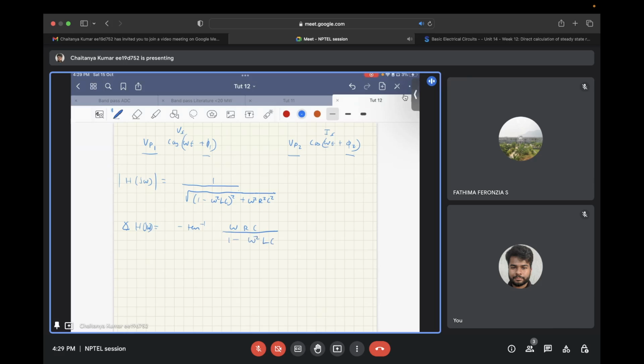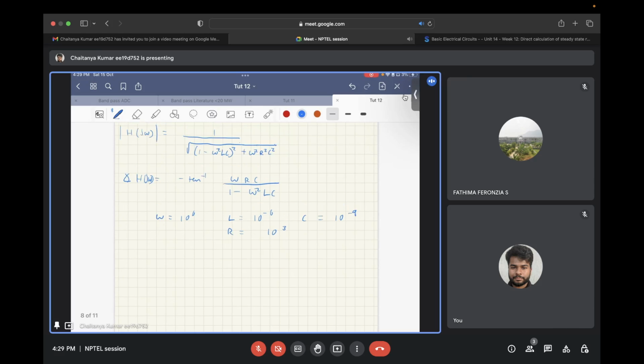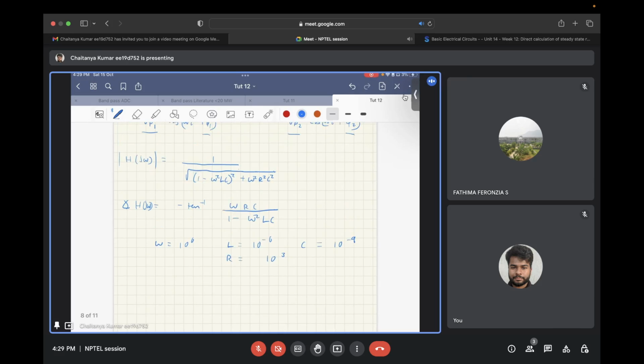The value of omega that has been given is 10 to the power 6. The value of inductance is 10 to the power minus 6, the value of capacitance is 10 to the power minus 9, and the value of resistance given is 10 to the power 3. So if we plug in the values, what we get over here is